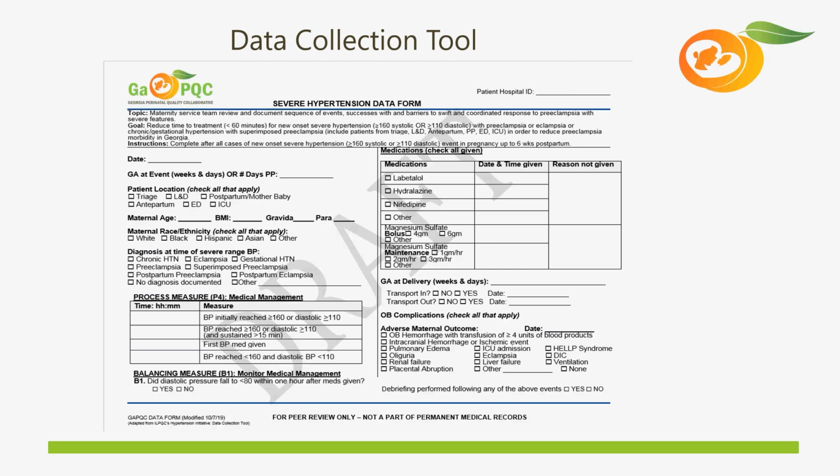I know that we first run a report and identify any blood pressures within the EMR that are in that 160 over 110 or greater range. But then from that point, our nurses go in and look at every single blood pressure to identify whether it was sustained, or if it falls out of the measure for any reason. So they really have to do a very, very detailed chart audit, diving into each chart to get the information.